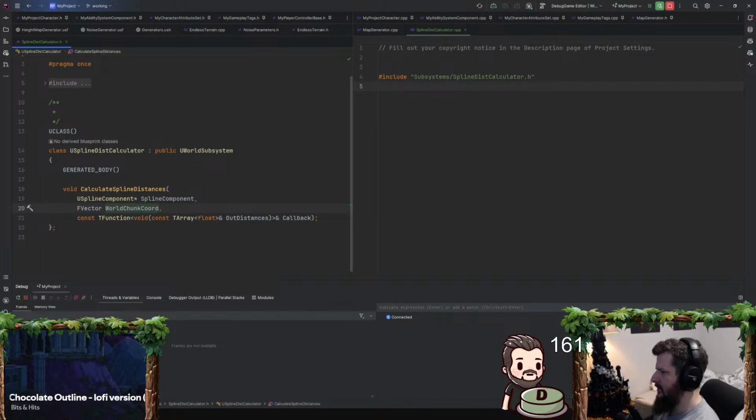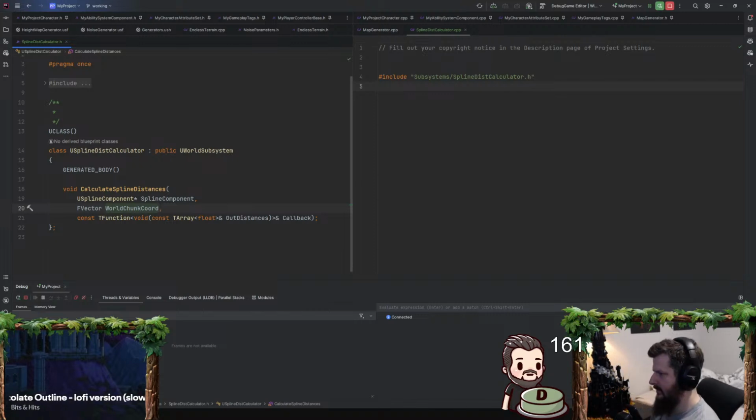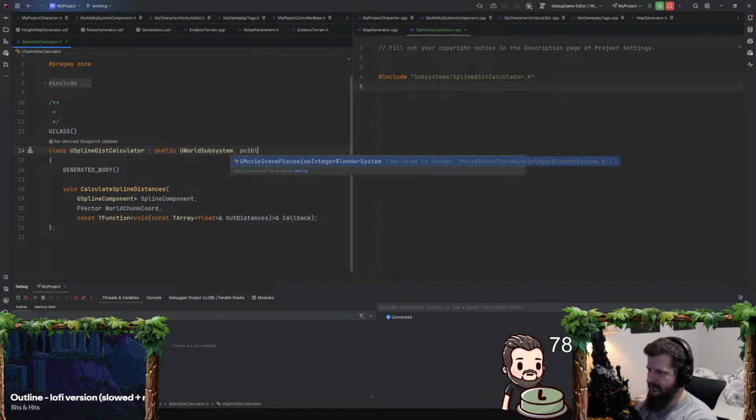Because that's where I'm going to spawn the particle emitter system thingo. I'm going to pass in this spline. That spline will be in world space, potentially not next to this chunk, which is fine. And then I need to, let's implement that